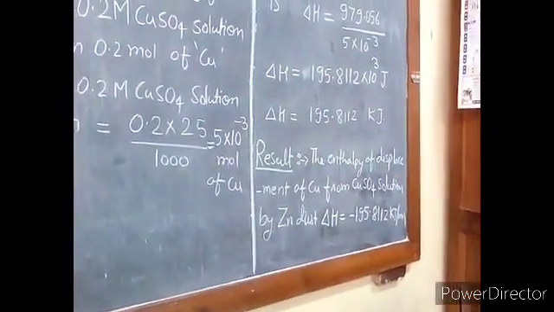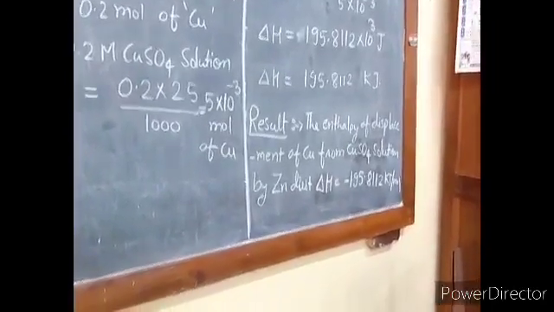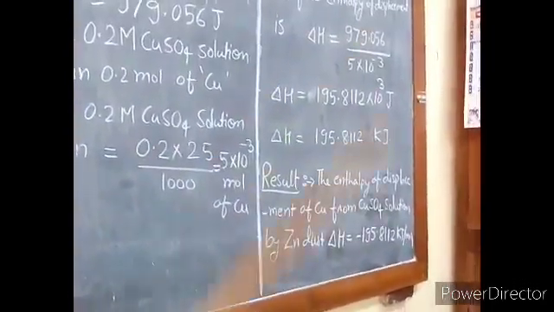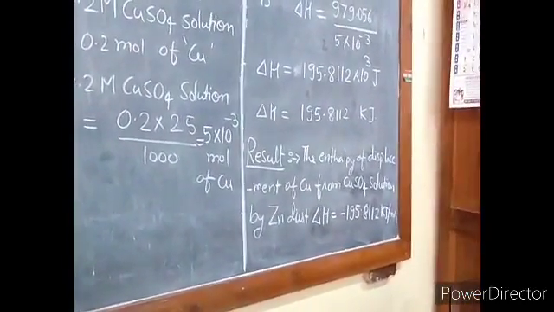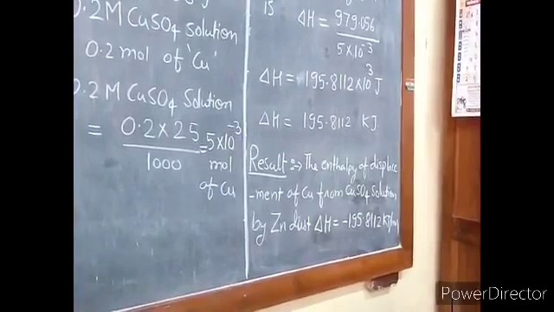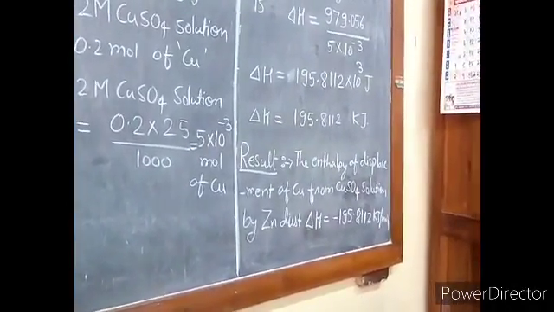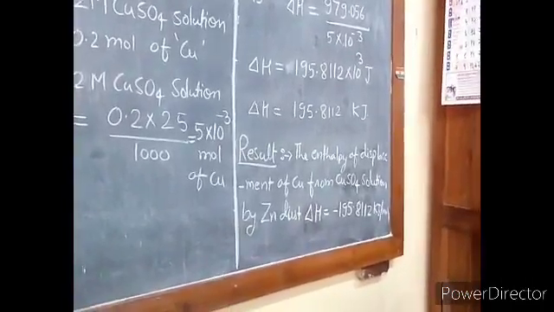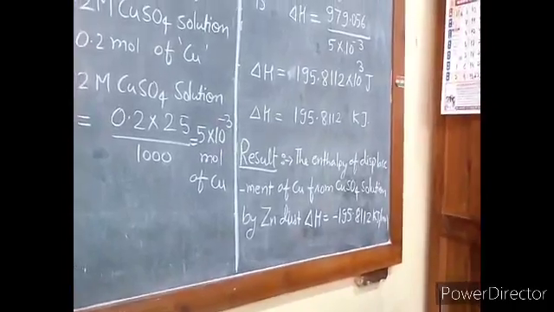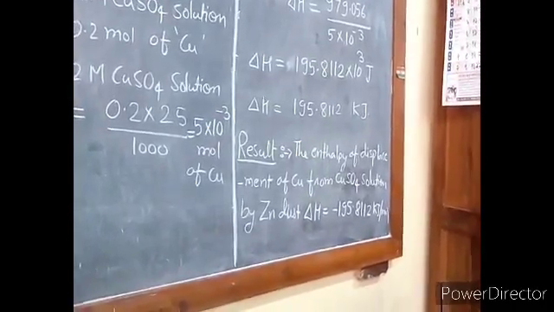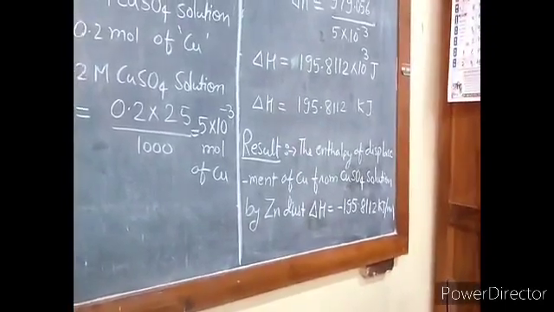So here our 9th experiment of thermochemistry, that is the determination of heat of displacement of copper from copper sulfate solution by zinc dust, is completed. When practical will begin, we will have very little time at that time. So whatever link we are sending before you come for the practicals in the chemistry lab, you should go through this particular demonstration and then come over here to perform the practical, so that the time will be saved for the explanation and demonstration in the chemistry lab.